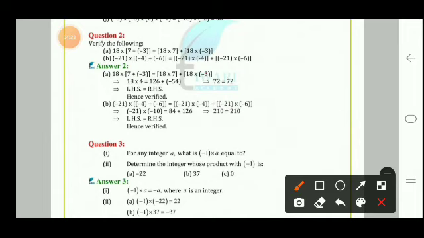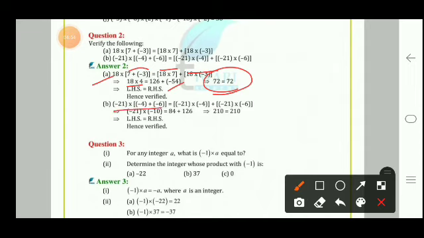So looking here, just taking these values, LHS and RHS, solving. This is 7 plus minus 3, that will be 7 minus 3, that is 4. So 18 into 4. This is coming 126, this is coming minus 54. So this is coming 72 equals to 72, that is LHS equals to RHS. Then we have in this